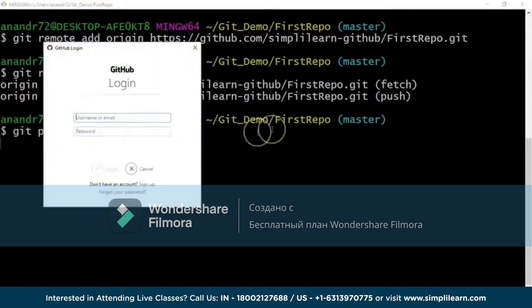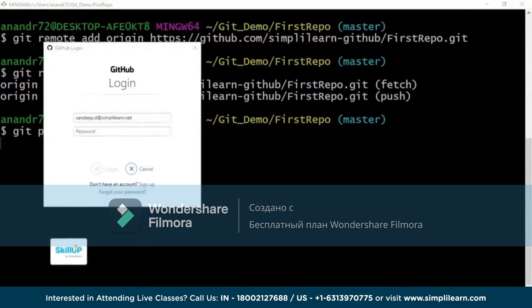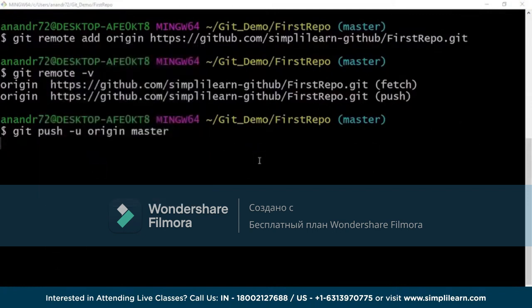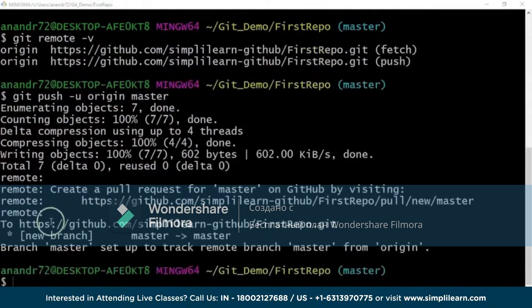So it essentially opens up a URL asking me the credentials with which I need to log into my GitHub server. So let me just copy and paste the username and the password with which I have registered. I would say login. Okay, success. So I'm able to create a repository on the server, and the content seems to be pushed, and